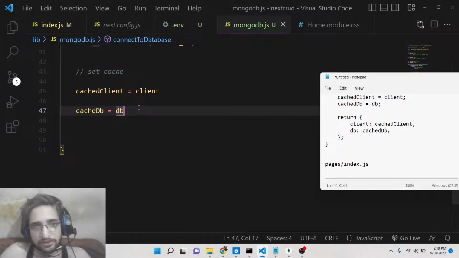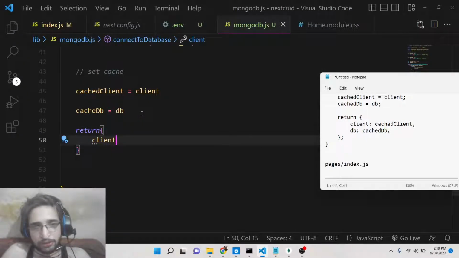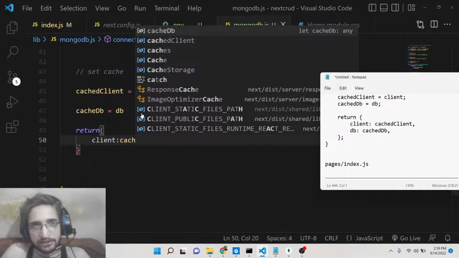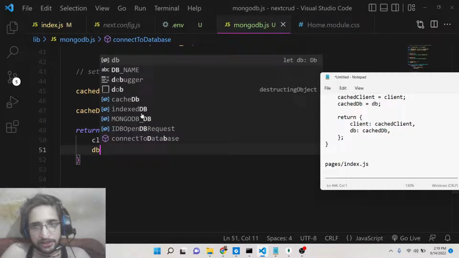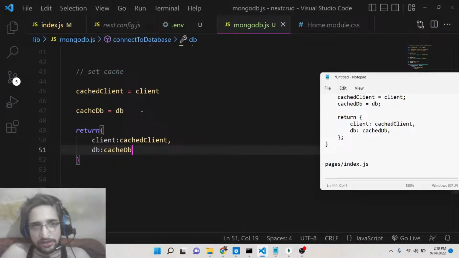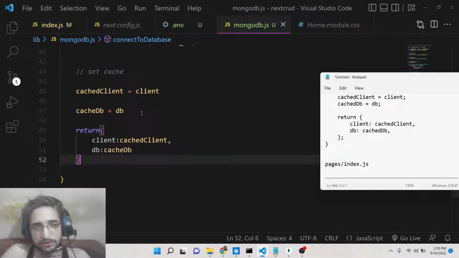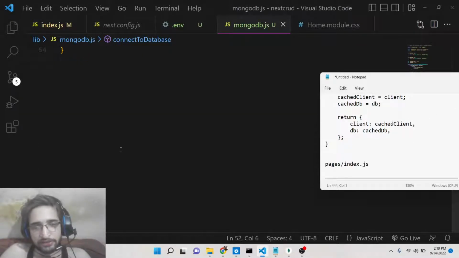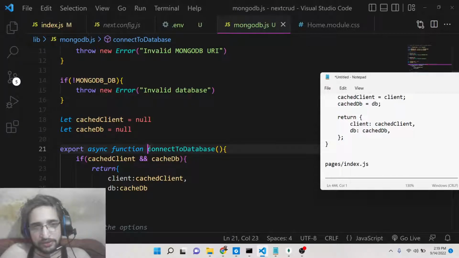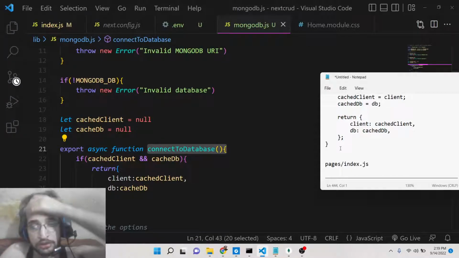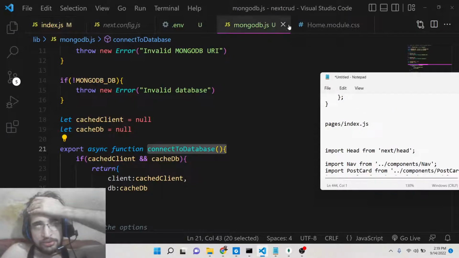Lastly, we just need to return this. So simply we'll say return client equal to cached client and the database equal to cached database. That's it. So this is all that we need to do guys inside this file. So we are exporting this function which is connect to database. So now we need to move to our